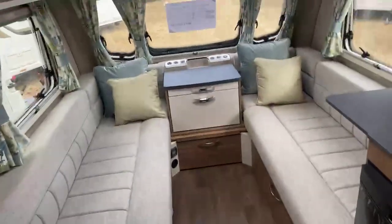Also in the bathroom, you've got a generous sized individual shower cubicle that you see here with pull across screen. And also tucked away in this cubby hole here is the freestanding table for the front of the caravan. So a really well-spec'd two-berth